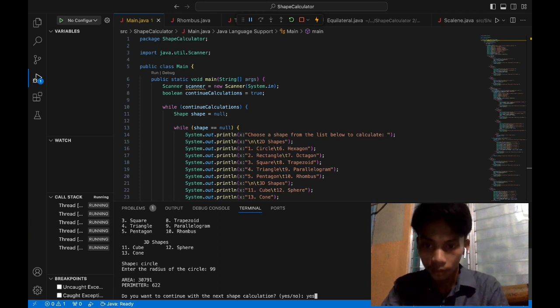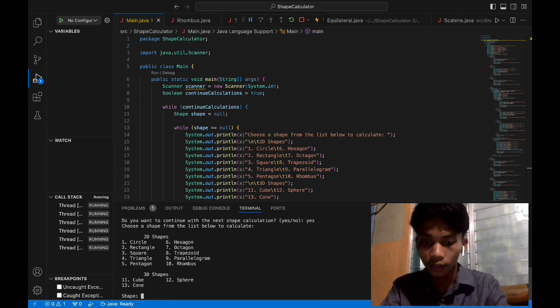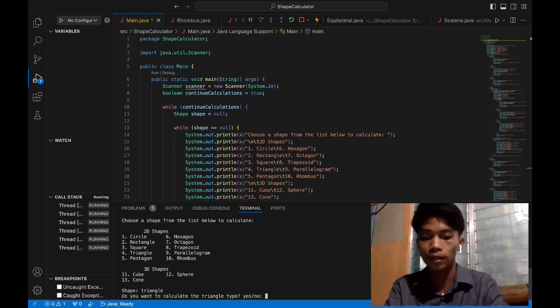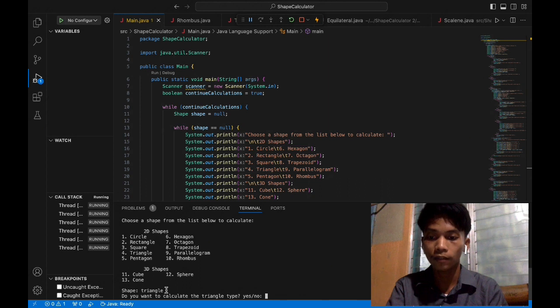So I'll try the triangle and it will output this prompt: do you want to calculate the triangle type? If you type yes, it will output the triangle types.